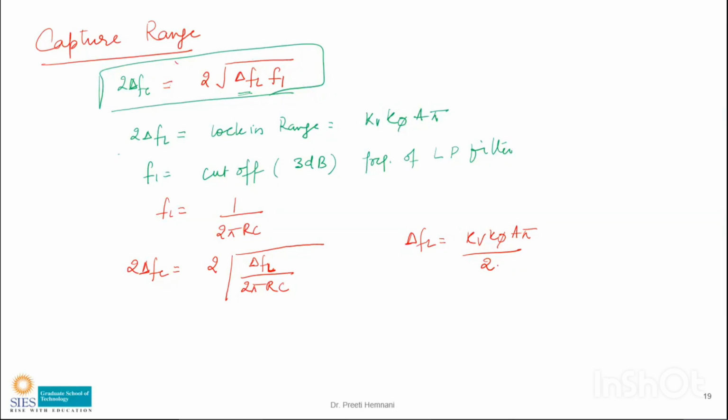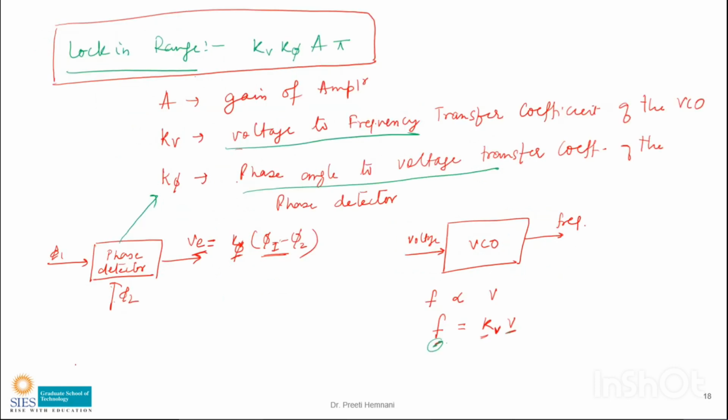I don't like just giving formulas like this. I always take the derivation, but due to your syllabus I am not taking it. It is very lengthy, and otherwise I don't like giving formulas directly. Okay, so this is your lock-in range and this is your capture range. Any doubts? You have to remember two formulas, lock-in range and capture range. So this is your PLL done. Now we'll see the applications of PLL. If any doubts, please ask. I'll give you just 1 minute to see and think about it. Any doubts?